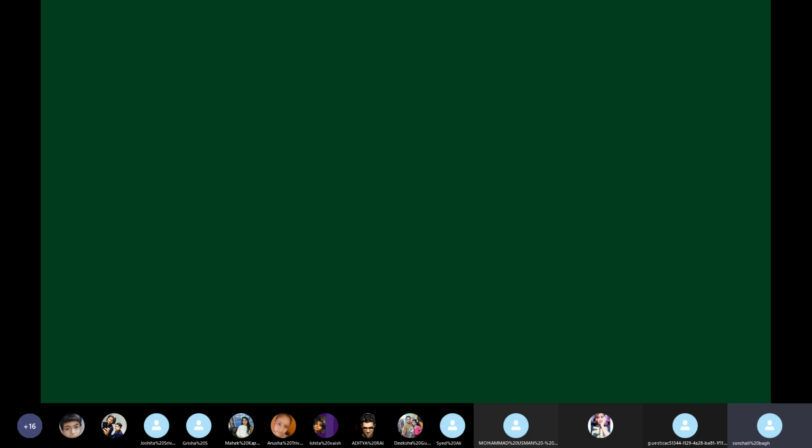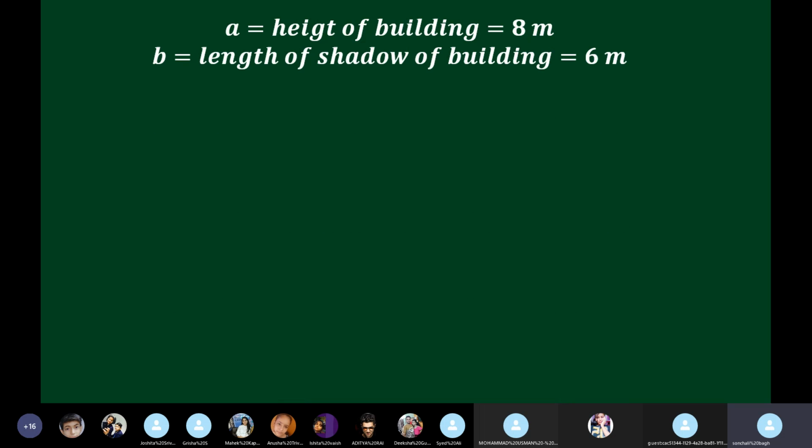What will A be here? What can we take as A? 8 meter. So A is equal to the height of the building. For this, the spelling of height is wrong. It will be HEIGHT. The spelling of height is wrong. Write HEIGHT. Okay? Did you understand the mistake there? Yes, ma'am. So I am not able to correct it here. So A is equal to the height of the building. B will be the length of the shadow of the building. Right or wrong? Ma'am, right. So C will be what?